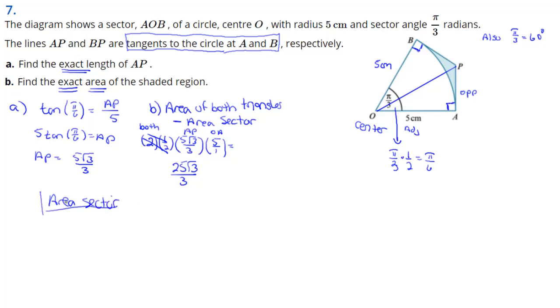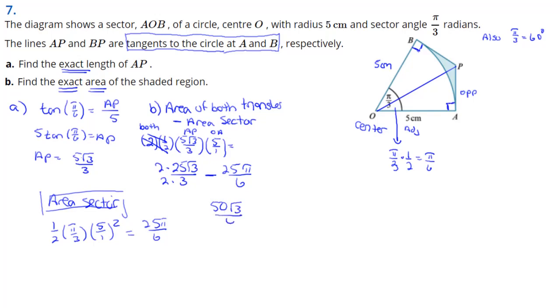So now I'm going to find the area of the sector, and I just need to remember the formula, which is 1/2 the angle in radians times the radius squared. And I plug in the information, and I find out that the area of the sector is 25 pi over 6. So I'm going to subtract that from the area of the triangles. And I notice that I don't have a common denominator, so I create one, and that gives me 50 square root of 3 over 6 minus 25 pi over 6. If I factor out 25 over 6, this is going to make that 2 square root of 3 minus pi, and I've got an exact